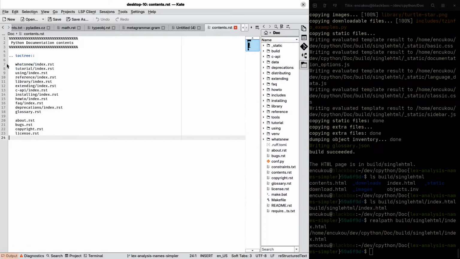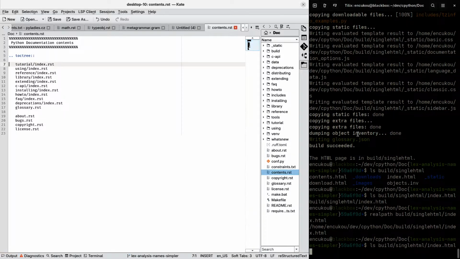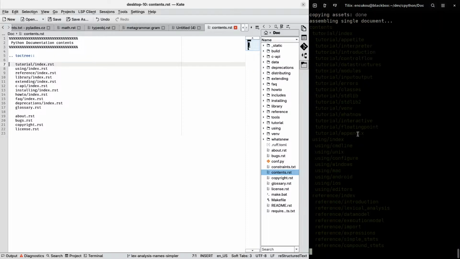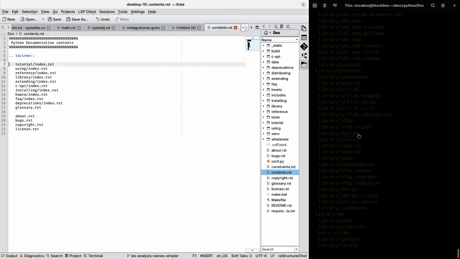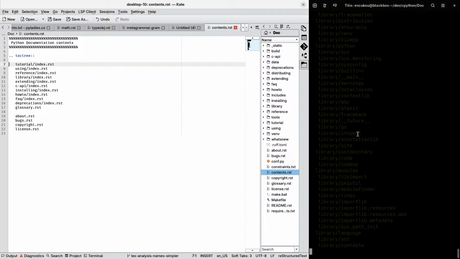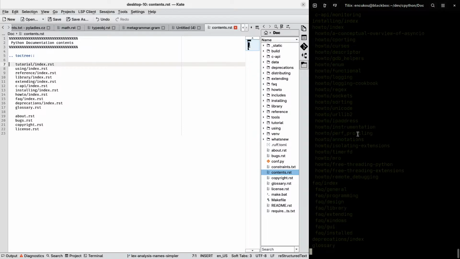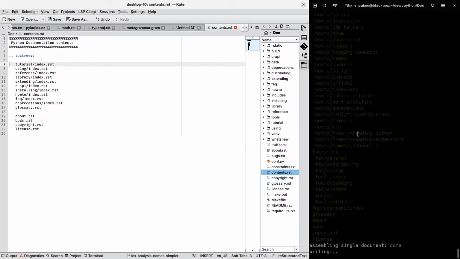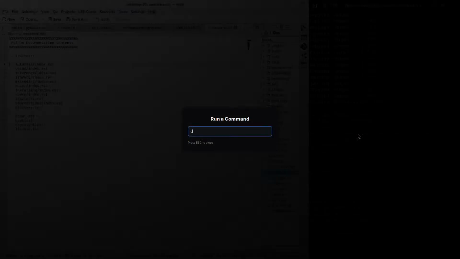For testing, can I just remove what's new? Lop it off and let's see. Oh, this also takes a while. Where was that file? Contents.rst?